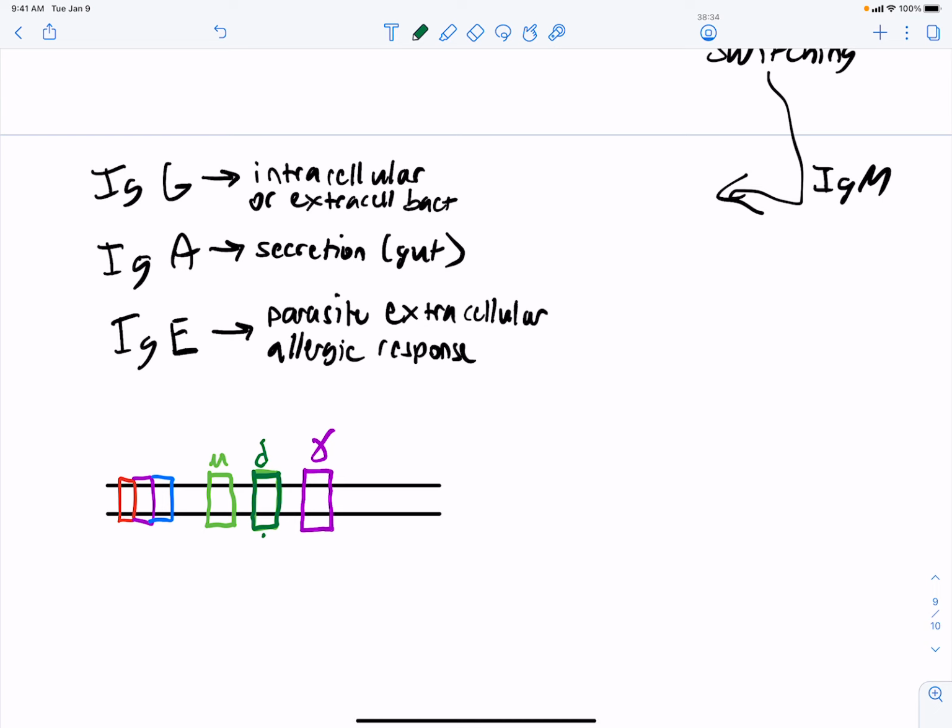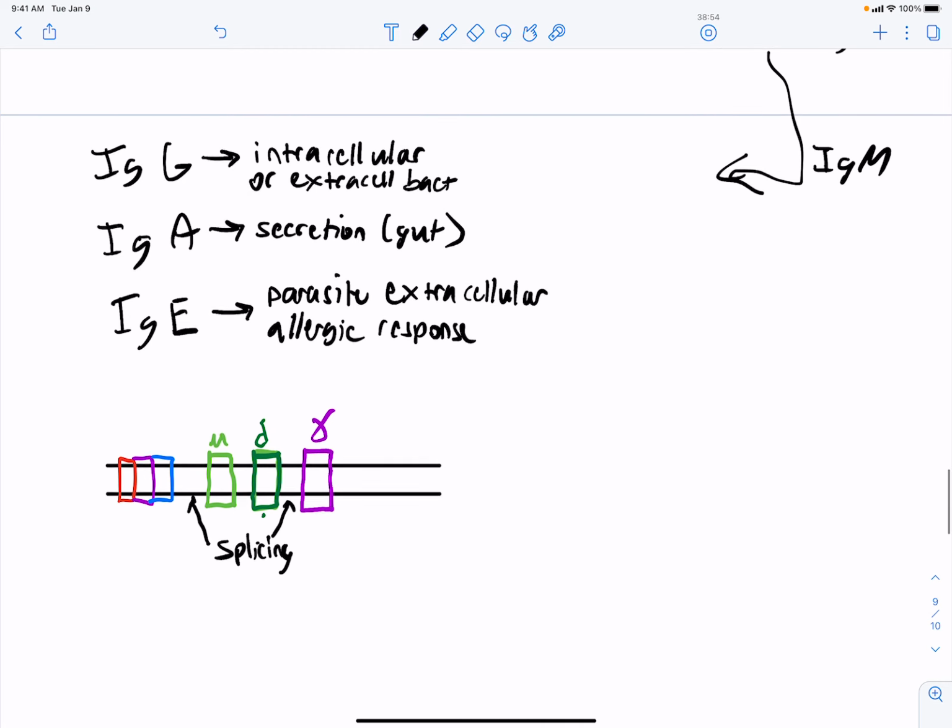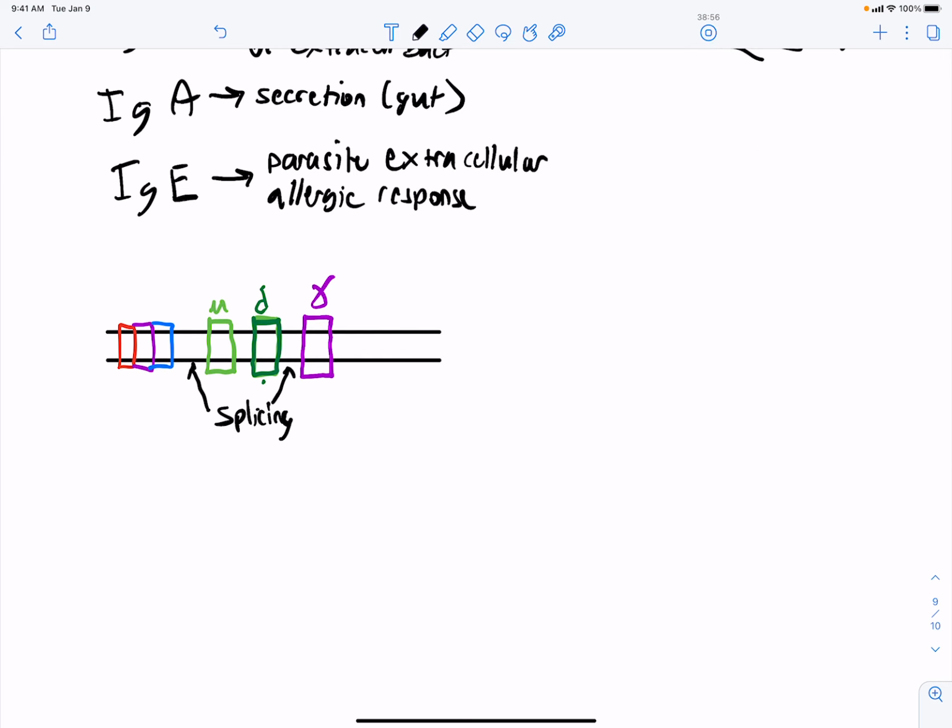We have our mu, our delta, and our gamma. And we decided we're going to switch from our IgM, or our mu, to our gamma. So what's going to happen is that you are going to get splicing of your transcript here and here, and then your transcript is going to become,